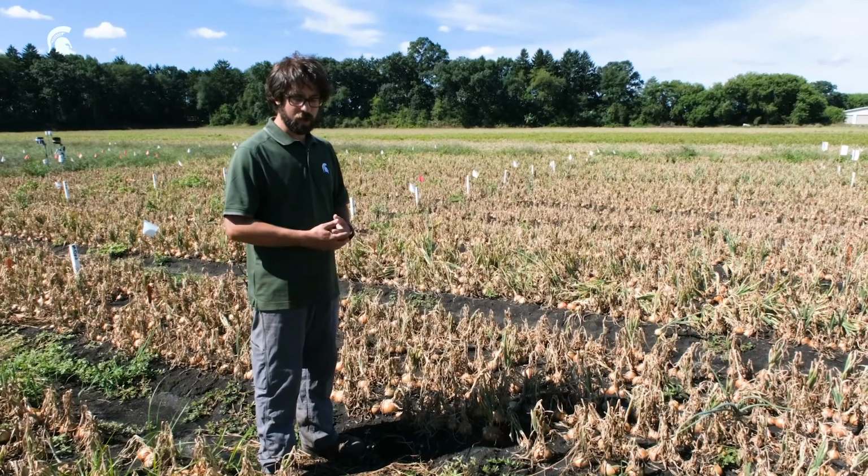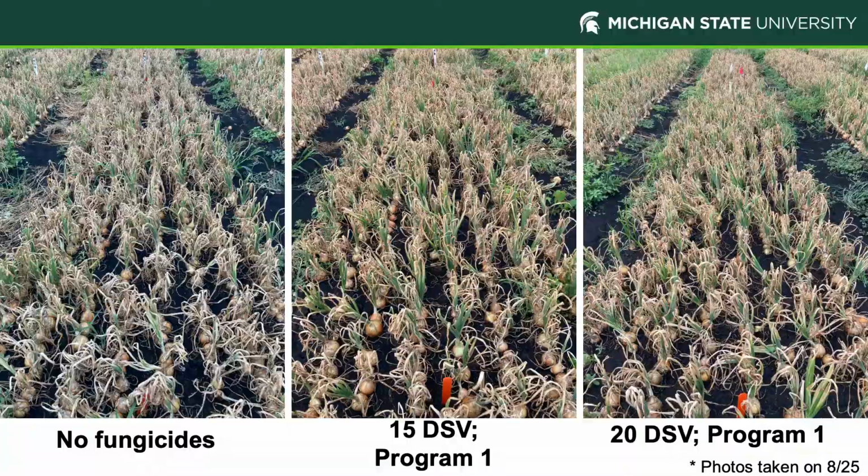One of the things that appeared to happen was that we didn't get a lot of rain this season, and when we did get moisture, it occurred overnight as dew. But it also occurred with some pretty low temperatures overnight, and the model failed to accumulate high disease severity values. So we didn't get very many sprays initiated for either one of these plots, and as a result, we can see that we lost a lot of green tissue in these plots when we waited long application timing intervals between fungicide applications.